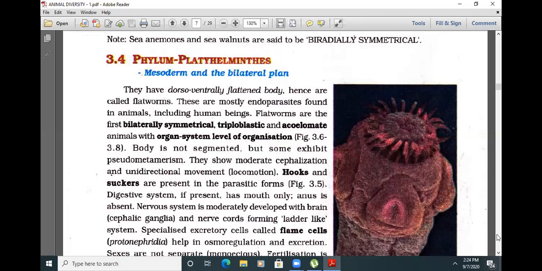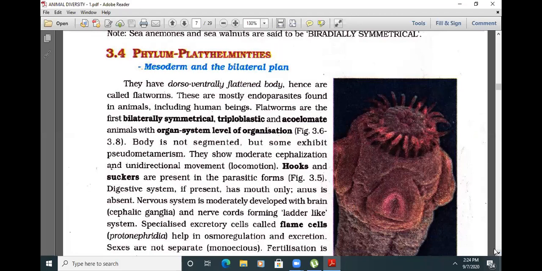Phylum Platyhelminthes. You see our tapeworm on the right side of the diagram, having hooks as well as suckers. These are the hooks, actually. Hooks and suckers are present in the case of the tapeworm, a very famous parasite. I'll give you a brief on the tapeworm in Biology and Human Welfare. These are the hooks, and here these are the suckers. Four suckers are present. Again, another side we can see. Let me talk about the characteristic features of this phylum.